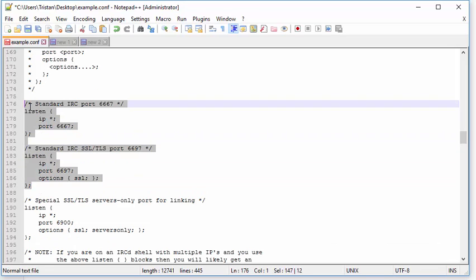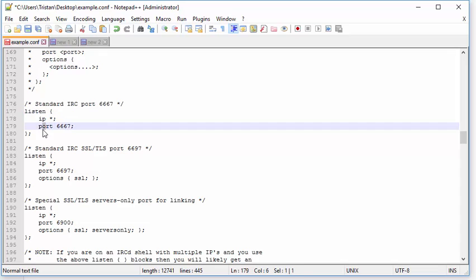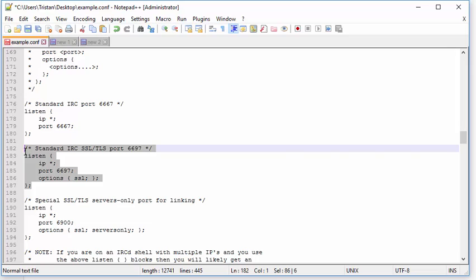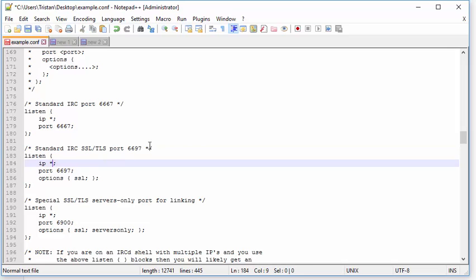Now the difference between these two is this is unsecured, but it's easy to configure. This is secured, but for users who don't understand what SSL encryption is and how it works, you're gonna have a little bit of a tough time. But I would definitely recommend looking into it because in today's internet world, you always gotta have something secured. But for right now, we're just gonna leave it as is. We're gonna comment it out,